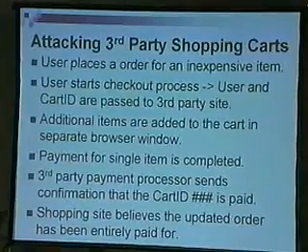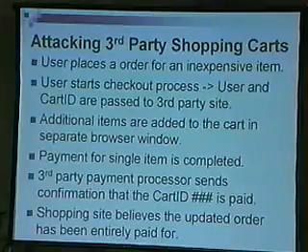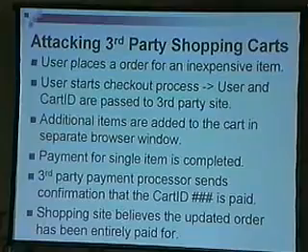You can actually open up another window, go back to the vendor's site, and start adding items to your cart. The bill processing system is not going to know that the total price has changed. It's going to go through and give you the verification and just charge your credit card that small amount. And when the transfer was successful because you used a valid credit card, everything's legit, it sends a message back to the merchant saying, oh, by the way, cart so-and-so was paid for. And that's all it says. The fact that there are new items in the cart, the system doesn't know, so it thinks you paid for a lot more than you actually did.